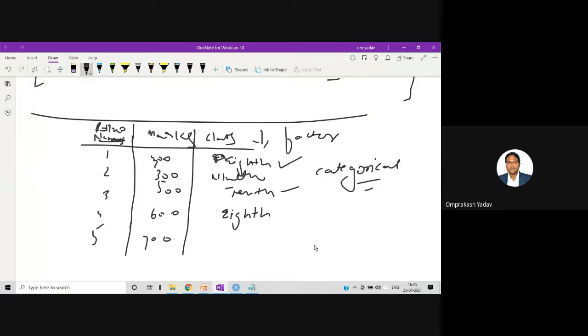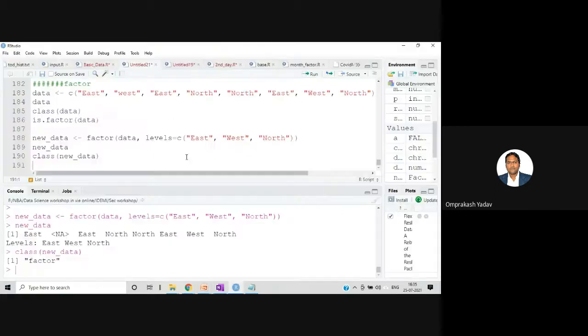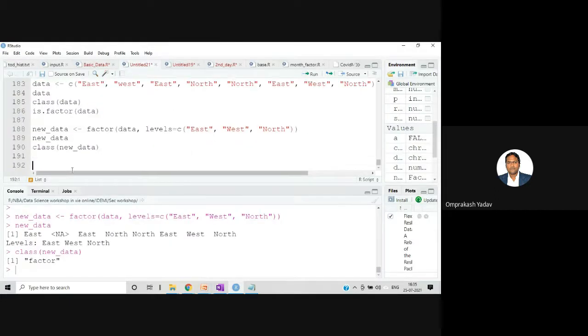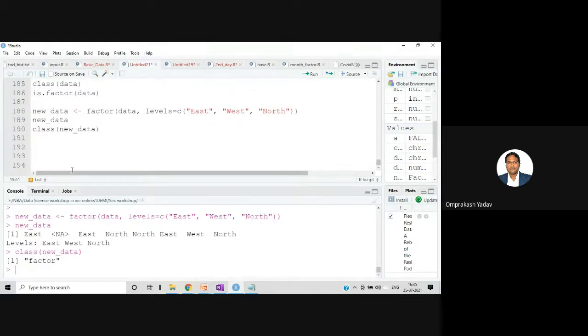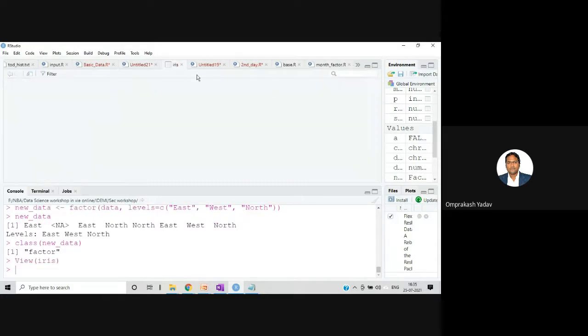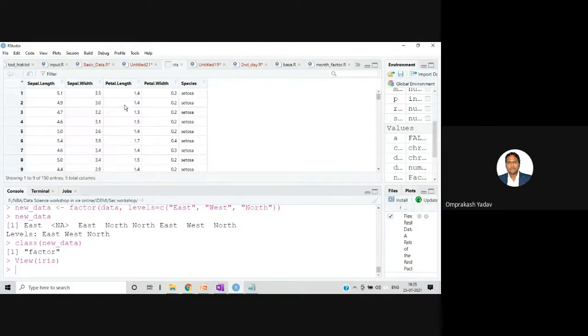Let me show you over here. There is one IRIS data set. If I want to view that, I'm writing view over here. I'm saying IRIS, and it has displayed this data set. If you see here, it's a description regarding the iris flowers.